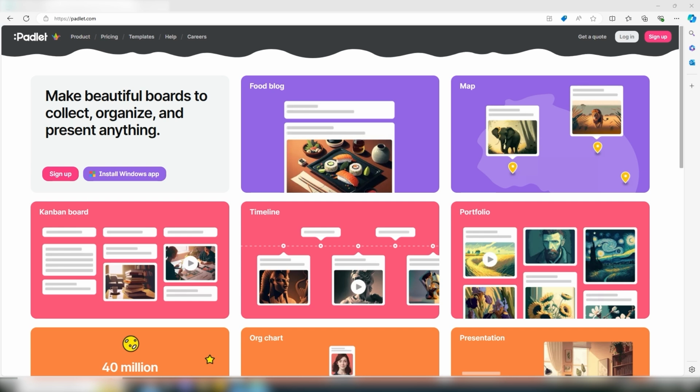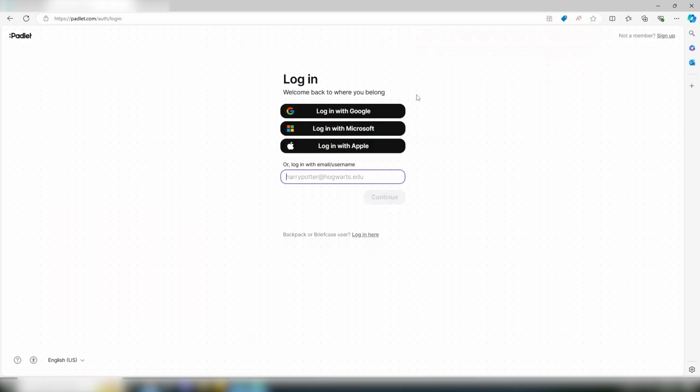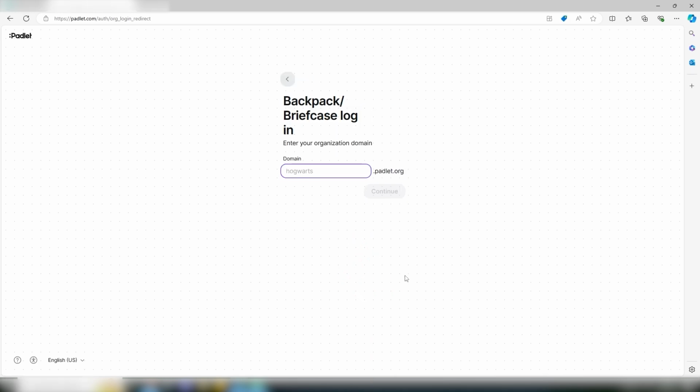To get started on Padlet, we're going to go to padlet.com, and in the top right we'll select login. Selecting login, from here, instead of selecting any of these options, we're going to select backpack or briefcase user and select login. From here we'll need an organisation. If you are a University of Staffordshire student, simply type staffs into the domain box. And then press continue. From here you might be greeted to sign in with your SSO, which is your username